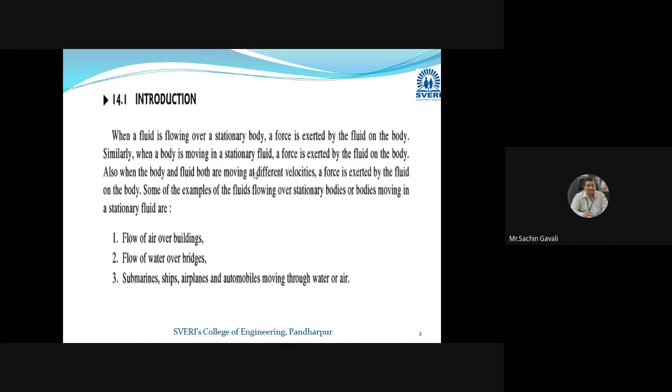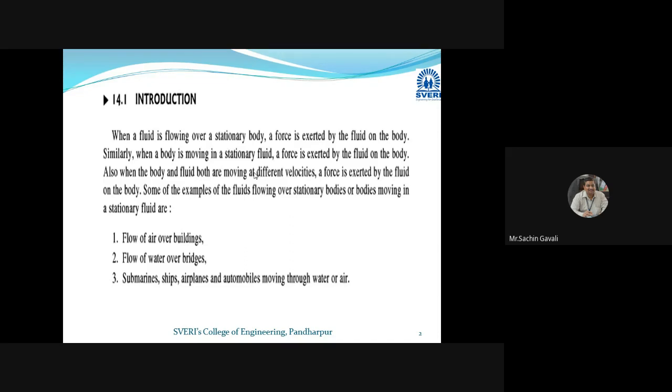Already we have studied fluid statics in the construction of a dam. There, water in the dam is generally stationary. When it is released into a river, it may flow, but in the dam, generally water is stationary. So there we discussed the importance of designing the walls of the dam.